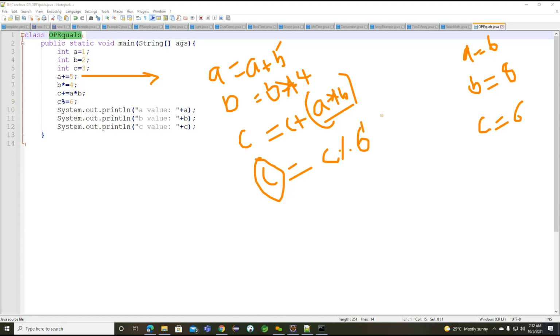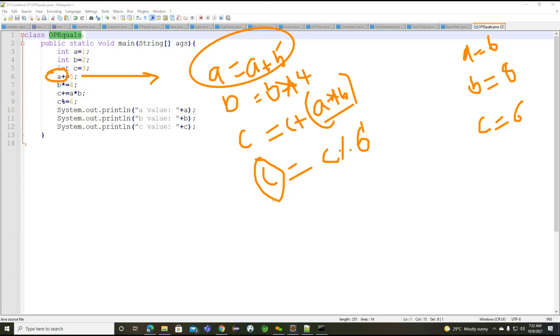But what we need to understand here, whenever we are trying to work on this particular operator, internally the compiler will convert it to this particular way here. So we need to understand this carefully. If you convert to this particular example, we can see what is the value we are going to get here. What is the particular value we are going to get?